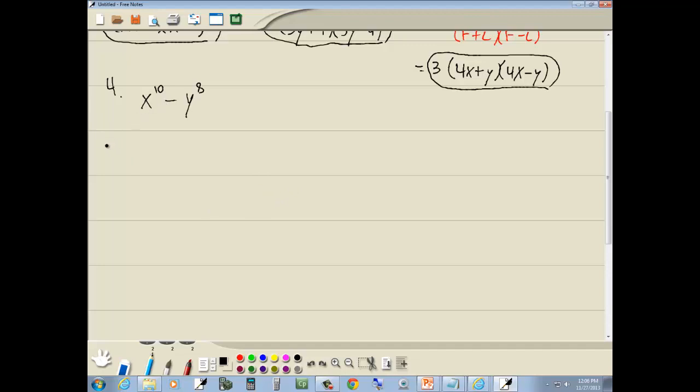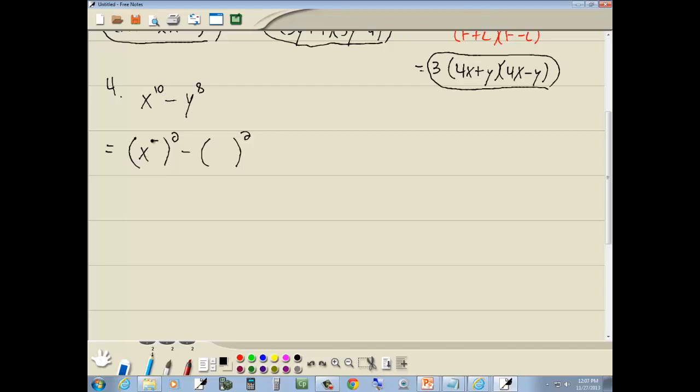No GCF, and I notice it's 2 terms with a minus 3 in it. It doesn't have to be 2 terms even, but 2 somethings with a minus 3 in them. We try to write it as something squared minus something else squared. If you go on to trig, you'll find out you may have sine squared minus cosine squared. Not terms. Okay, now we ask ourselves what times itself gives us x to the 10th, and that would be